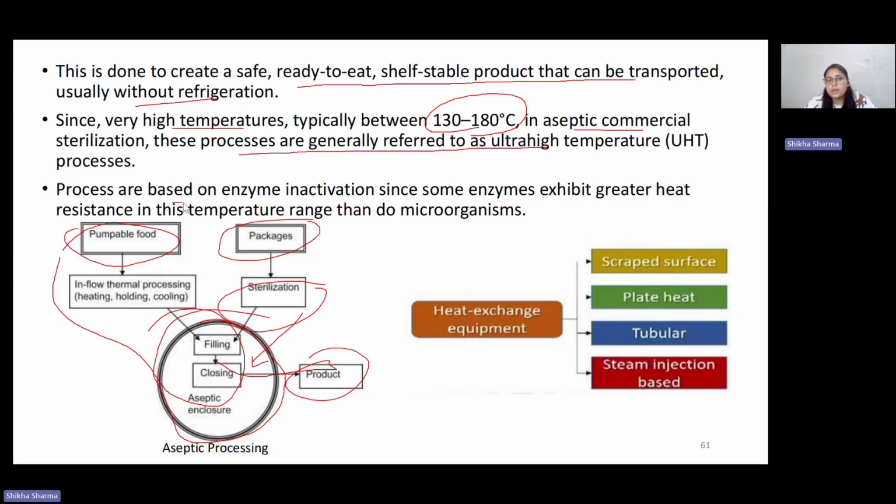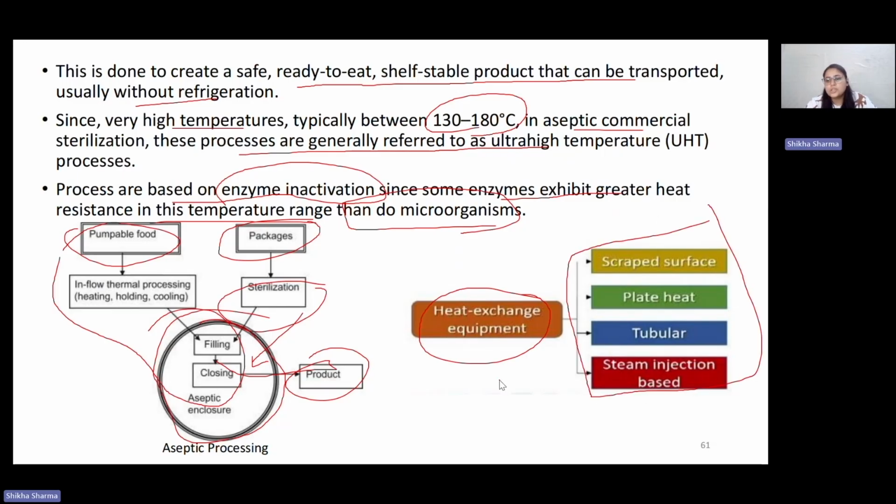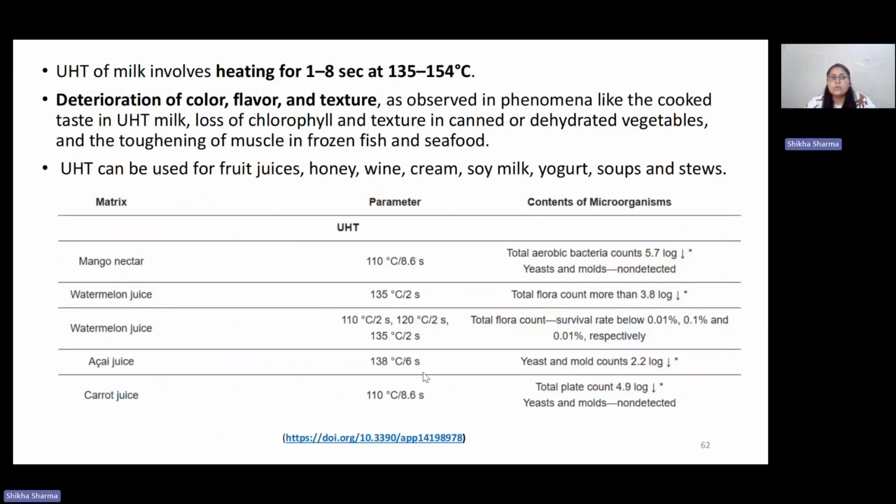So the processes are based on enzyme inactivation, since some enzymes exhibit greater heat resistance in these temperature ranges than do the microorganisms. The heat exchange equipment which can be used is scraped surface, plate heat, tubular, and steam injection based. So if we see the UHT process of milk, it takes around 1 to 8 seconds of heating at 135